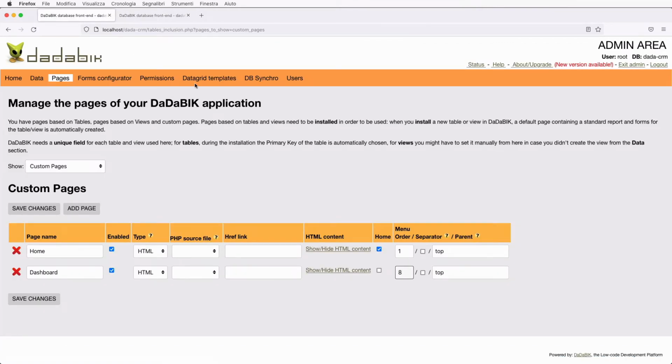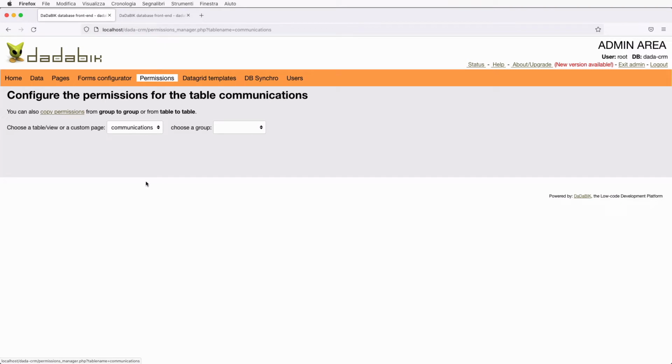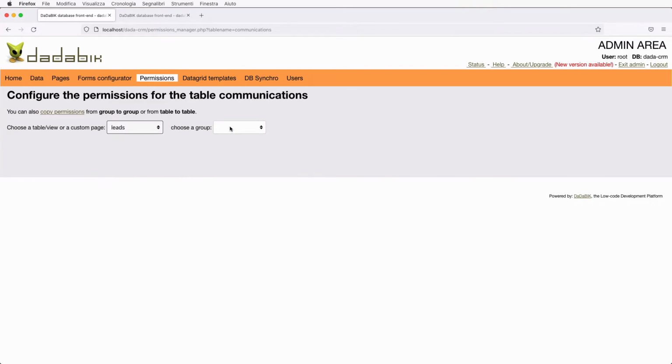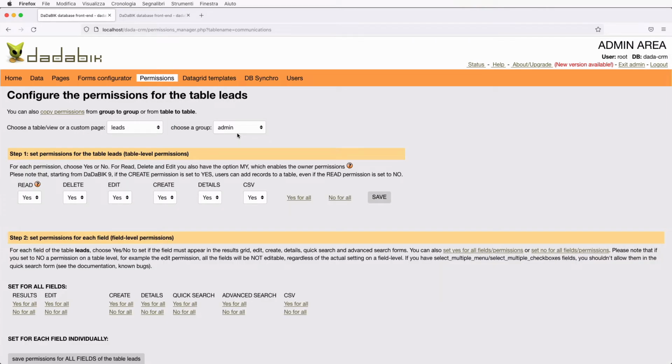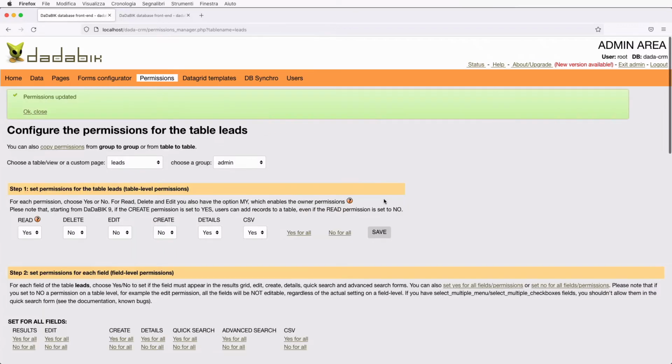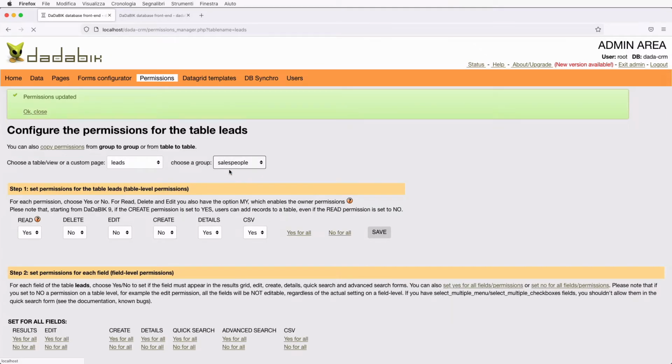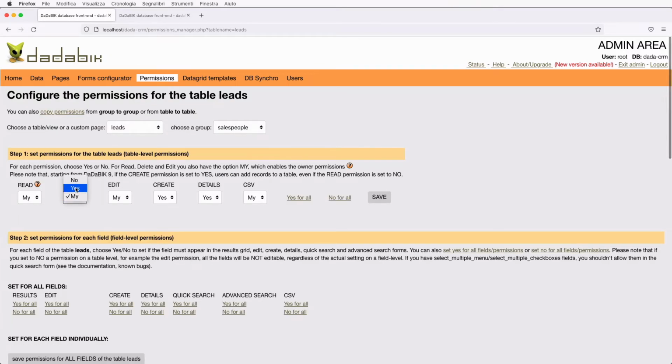Okay, so to do that, permissions, and so leads, admin, we keep, well, we remove delete, edit, and create. Save. Well, the same thing for the other groups.